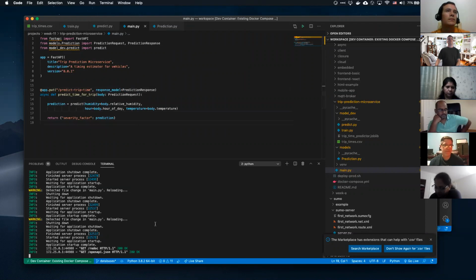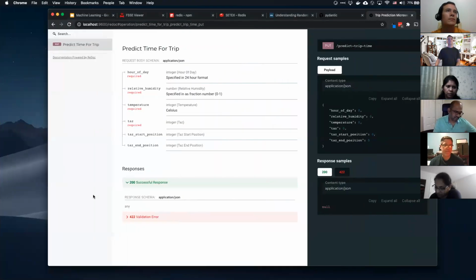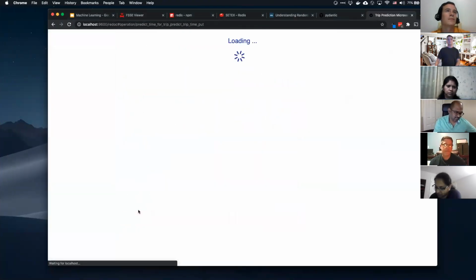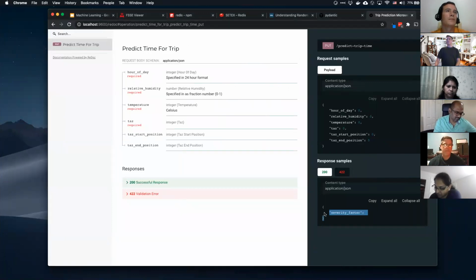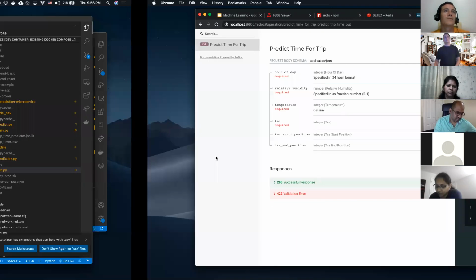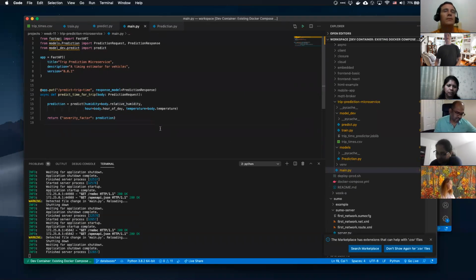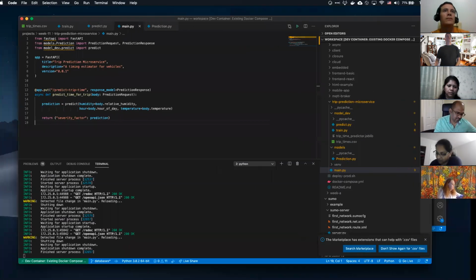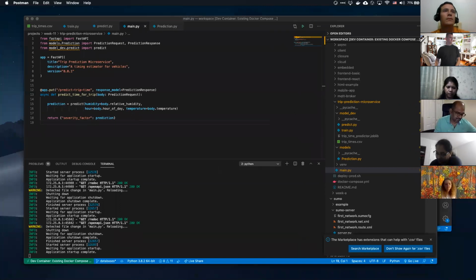Okay, let's see if that saves. All right. There it is. So we should get something of severity factor back. But let's actually do that. I'm going to use our trusty Postman here. Pull this up.